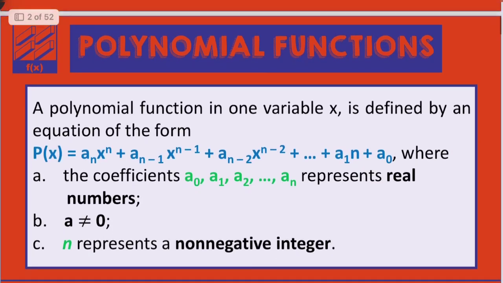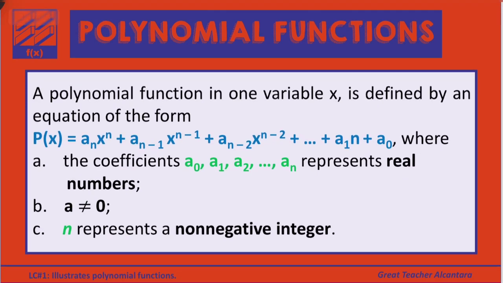speaking of f(x), we're going to talk about polynomial functions once again. What you can see here on your screens is the general form of these equations. The function has a sub n, x raised to n, and so on. As you can notice, the exponents decrease, which implies the terms are arranged properly from the highest degree to the lowest. You also have to pay attention that your coefficients are real numbers,